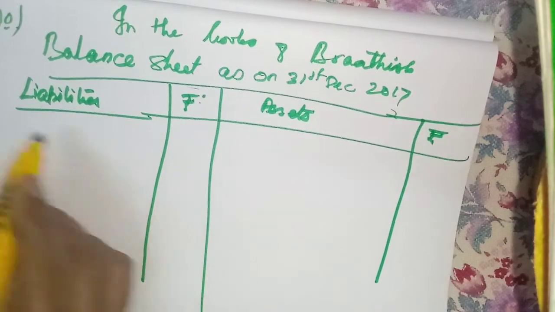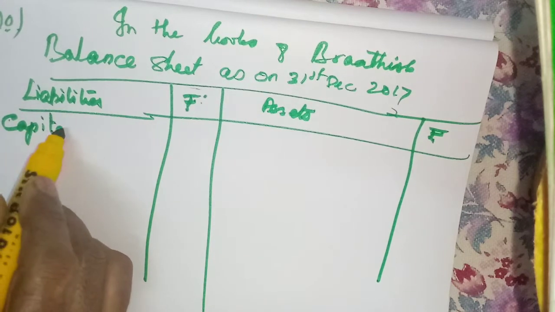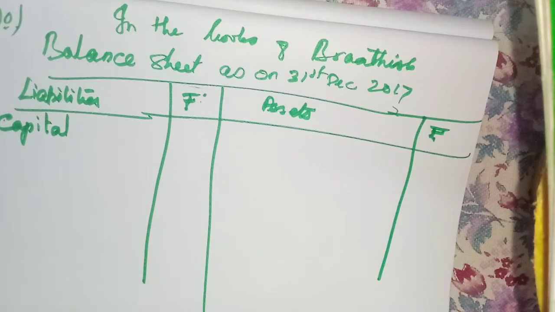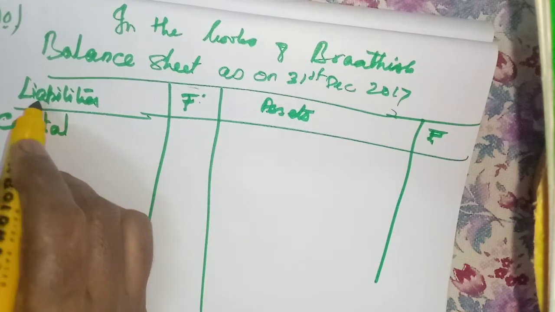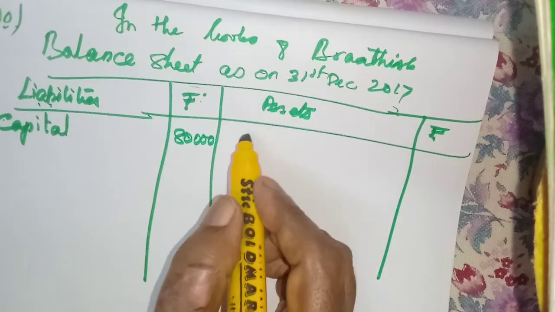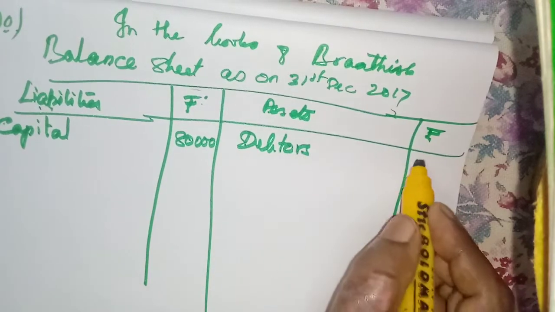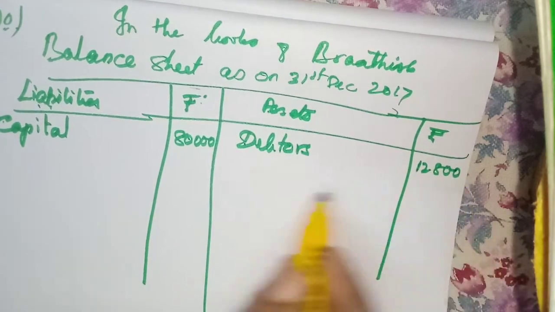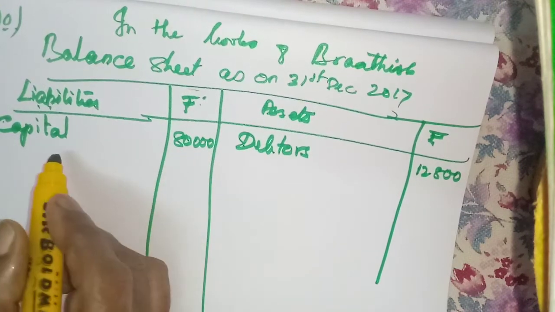Okay, first capital given. For you they will never expect the order. So you don't wait for the order. What in the order that is given in the problem, you start writing. First item capital, so write where it will come, liabilities. Then debtors. Here they will check whether you have got the answer and you have completed all the items. Okay. So don't try for the